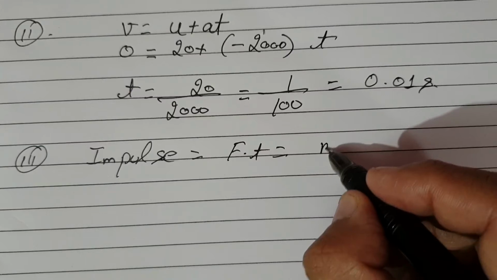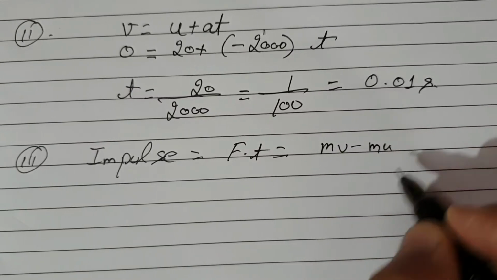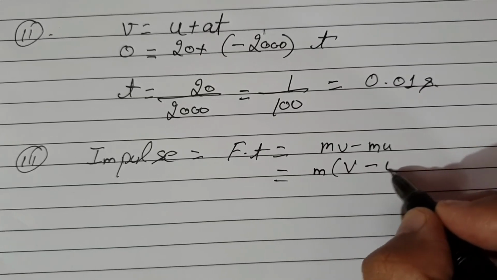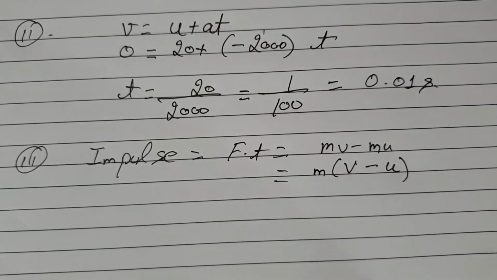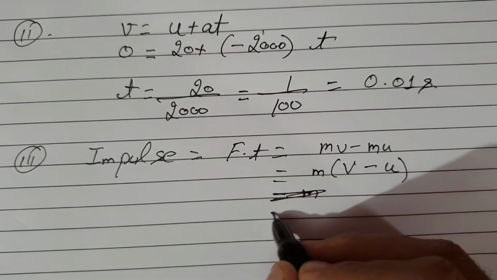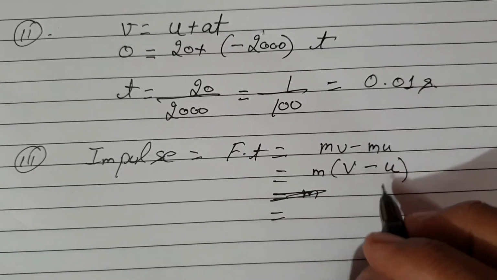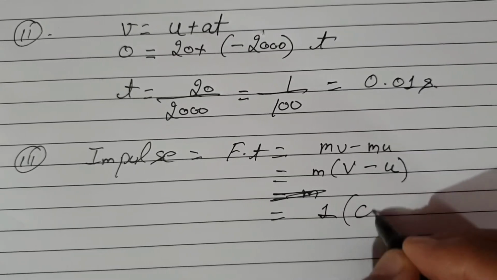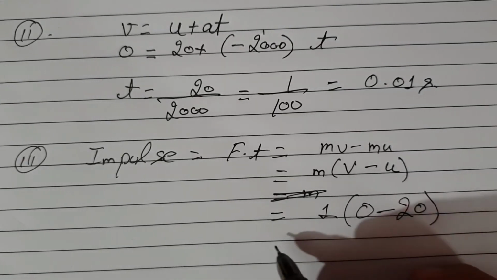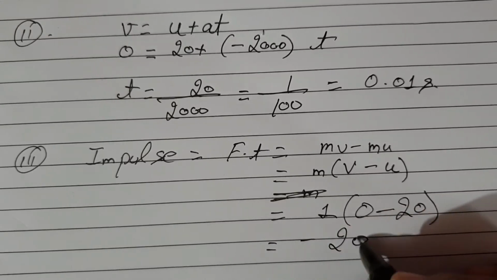So change in momentum is mv minus mu, taking m constant, this is v minus u. Okay, what was the initial velocity? Now substituting the values, what is m? m is actually 1 kg, v is 0, this is minus, and this is 20. So impulse is basically minus 20